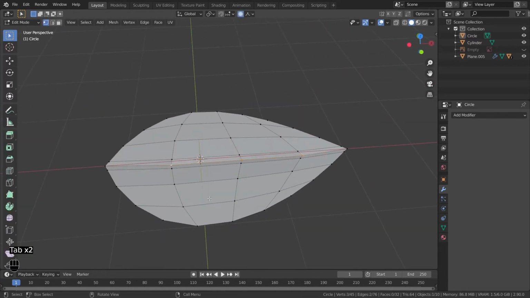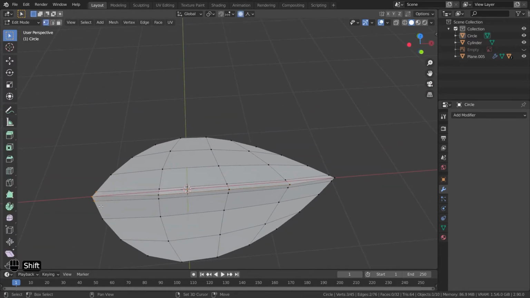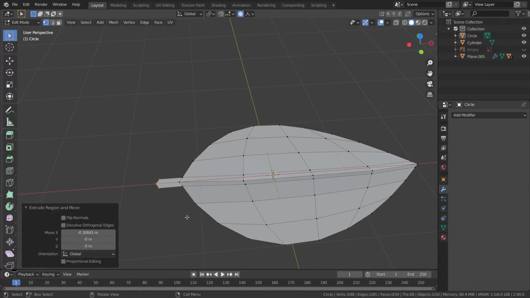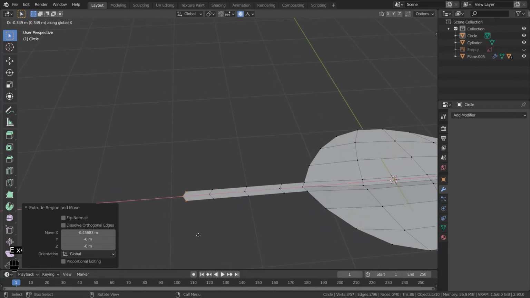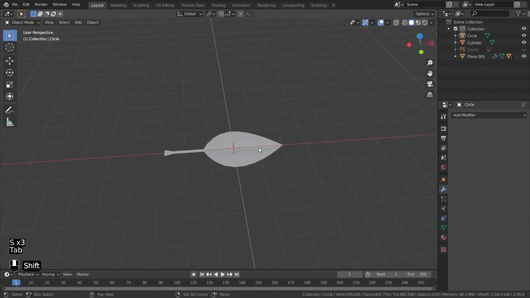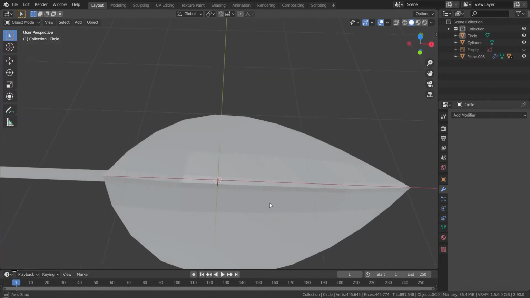And now it's time to add a kind of a stem of the leaf. We will scale this part without proportional editing, S X, and it's good. Now our leaf is ready, but it's too flat,